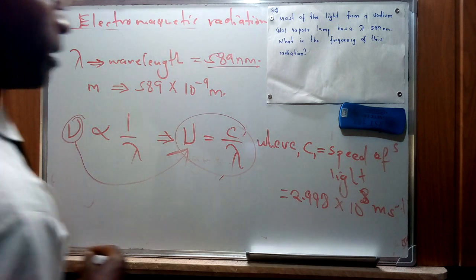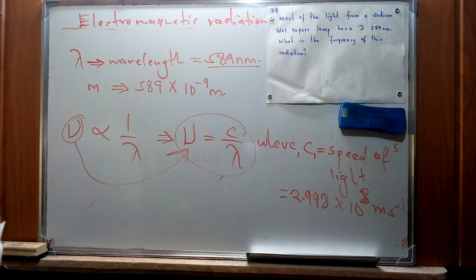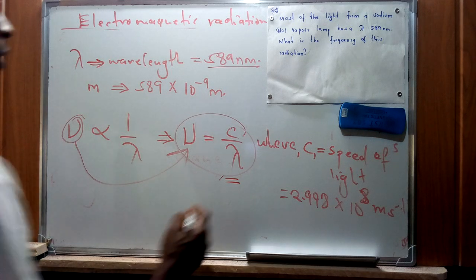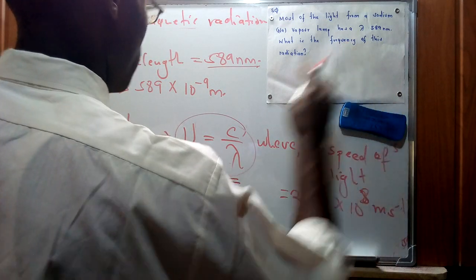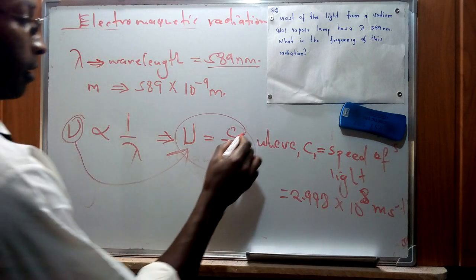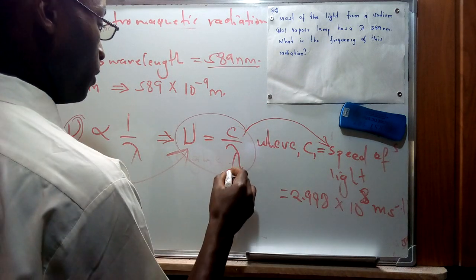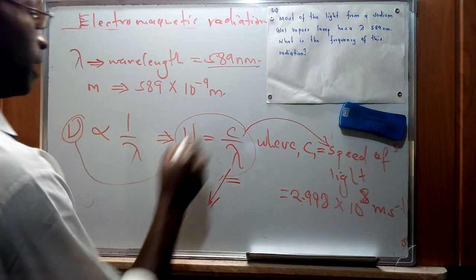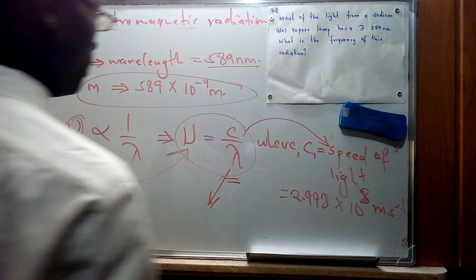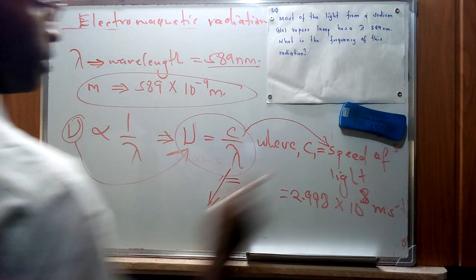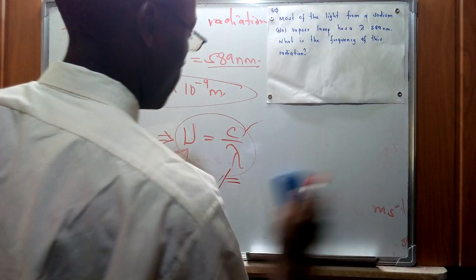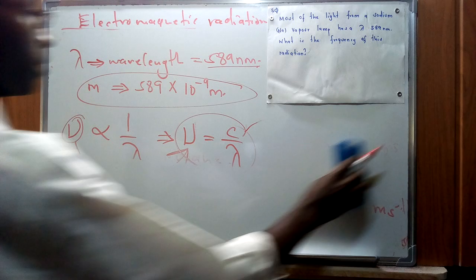However, there's a different kind of waves that we're going to call the matter waves that stem from the concept of quantum mechanics, which we're going to see have a different treatment in that case. But for now, we're going to use this kind of equation. And now that I've given that c is the speed of light, a constant, and the wavelength that we have been given, I've done a conversion for it in terms of the standard units. We're just going to do a substitution for our case here